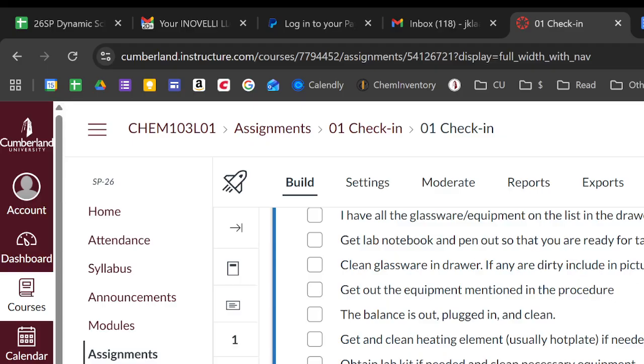Okay, so your procedures will mention glassware. You'll want to get those out so you're ready to go. That way, when I start giving you the pre-lab lecture and I'm like, hey, we need a beaker, do this. Last semester, we had this lab and I was taking people through, as I often do in the 103 lab, a section of the procedure. And it was literally get a beaker out, clean the beaker, dry it, place it on the balance. That was the entire instruction set. And it took 35 minutes.